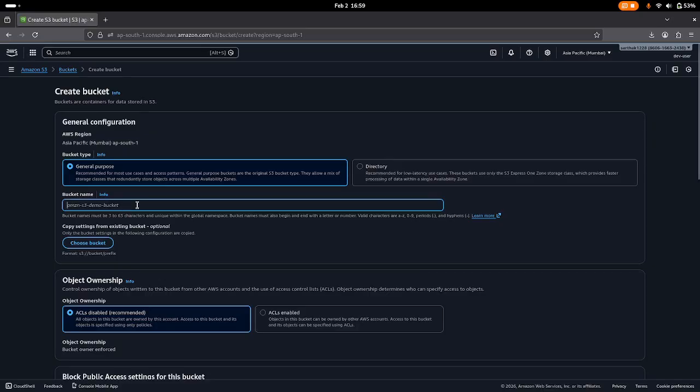So here we are going to give a unique name to our bucket, right? So let's give a unique name, which is going to be my first bucket. Actually, I'll type my-first-s3-bucket, and I'll add 2026 here, right? After that, here we will choose the same region that we chose,